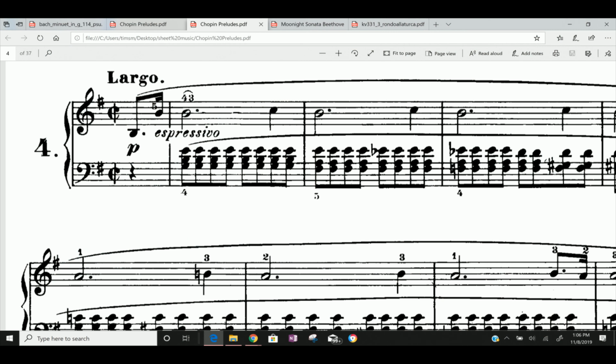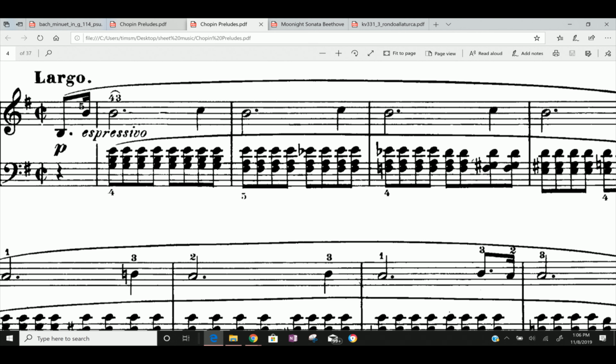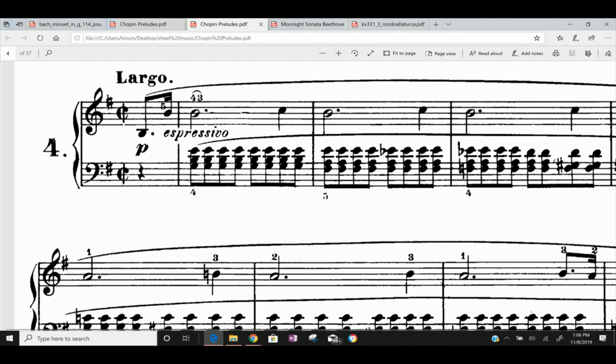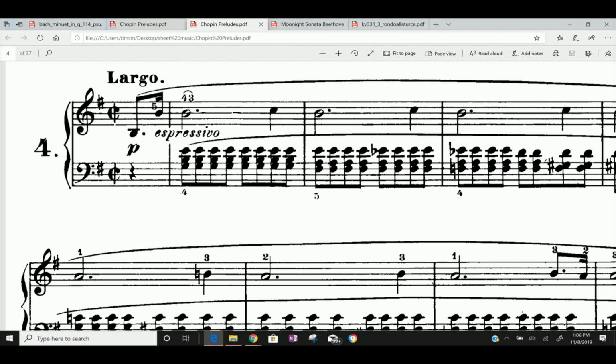Now, there can be sharps or flats, as you can see here, that are not in the key signature. These are called accidentals. See how there's an E flat here in measure 2, things like that. So you're still going to want to peruse the piece to see what sharps or flats are included. But you know right away, by knowing what the key is and what that means, it's going to tell you what sharps or flats you can expect.